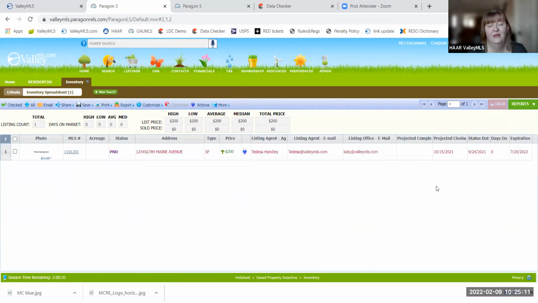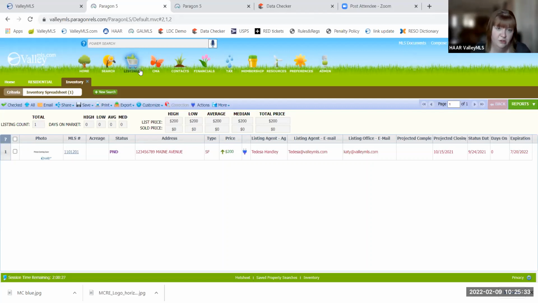This is custom though, and that's really the reason I wanted to show you inventory search, because unlike listing maintenance, one of my biggest pet peeves, to be honest, is when you go to listings, maintain listings, and you bring up your spreadsheet view, it's not customizable. You have what you have. You can only see what's there, and you don't get any options. And I hate that. Everything else is so customizable in the system, I don't even understand it.